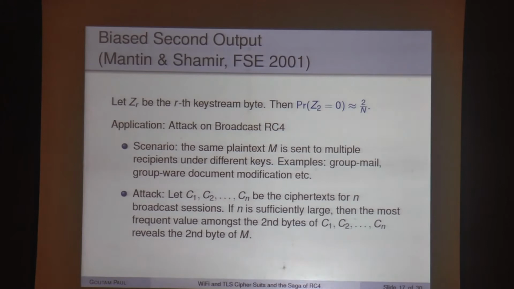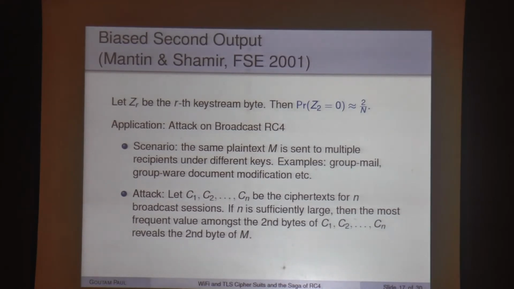So now if you create a frequency table of the second byte of the ciphertext, then the most frequently occurring value will indicate what the actual message was. It is the same message byte, different ciphertext byte. You make a table of which value between 0 to 255 occurs how many times in the ciphertext. So you create a frequency table of the different possible values of the ciphertext byte. Of them, the highest occurring value will be the actual message byte.